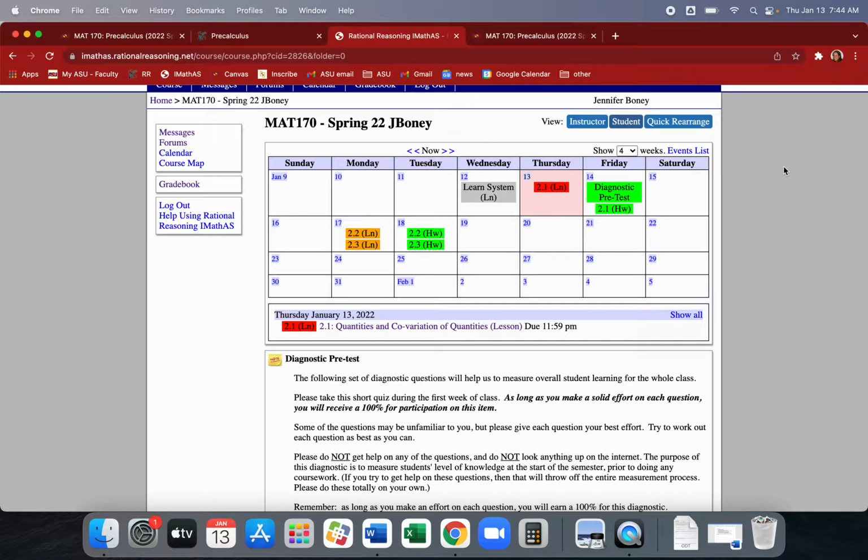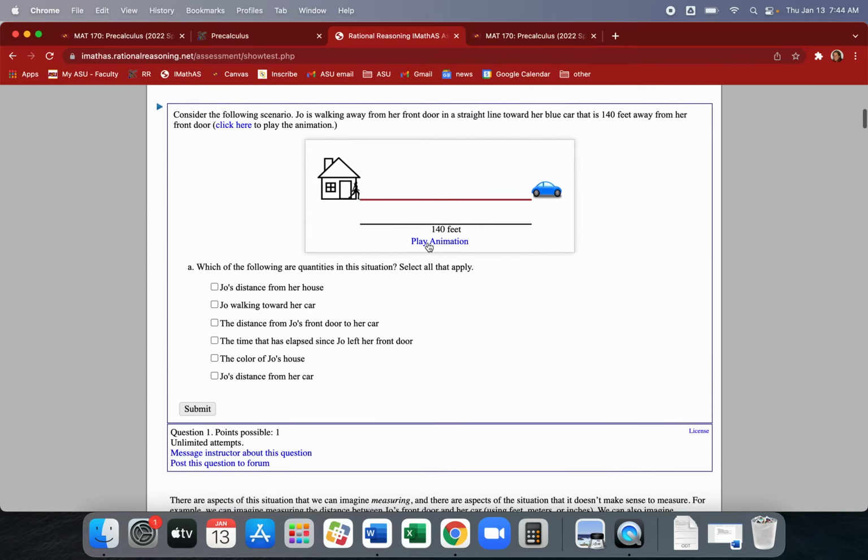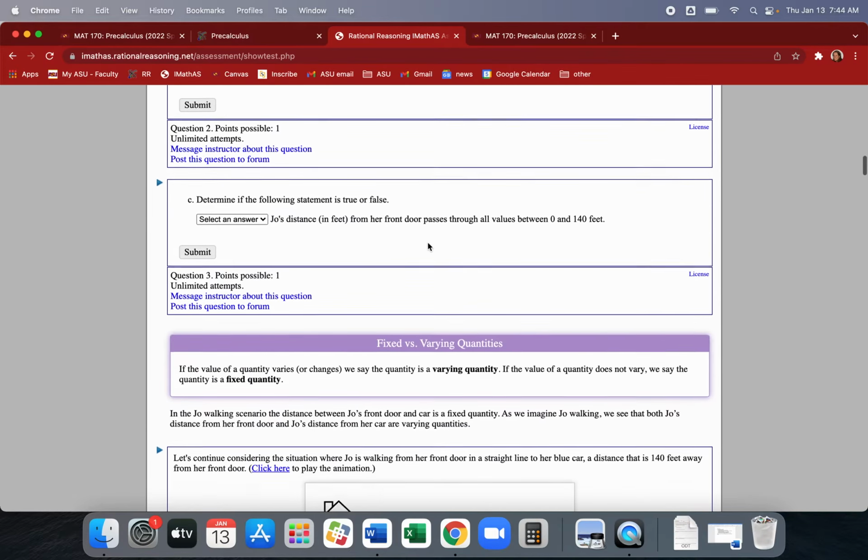So up through probably what we talked about today, just to give you a chance to get acclimated and make sure you know how all of this is working. Speaking of how all of this is working, if you could please get into this 2.1 lesson as an example, so we can wander around and see if you have any questions, are getting stuck getting into things, or know how to answer things. Go into 2.1 and this lesson, and scroll down past the house and the car, down to the,